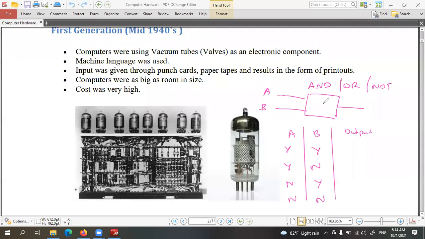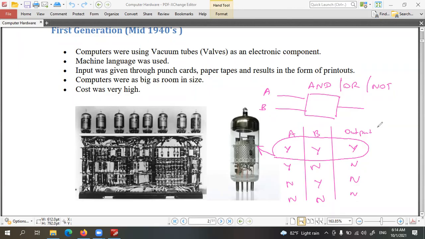If you consider the AND operation, this will give yes if and only if all the inputs are yes, and the others are no. So the logic in this decision is that if all the inputs are yes, the output will be yes. That decision can be taken by a hardware device. These vacuum tubes are arranged together to perform this decision depending on inputs.